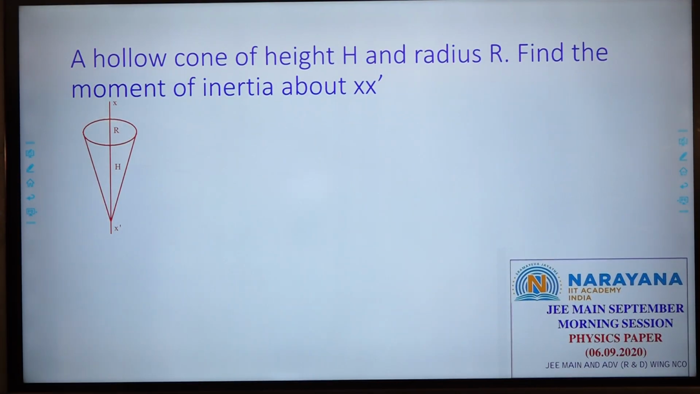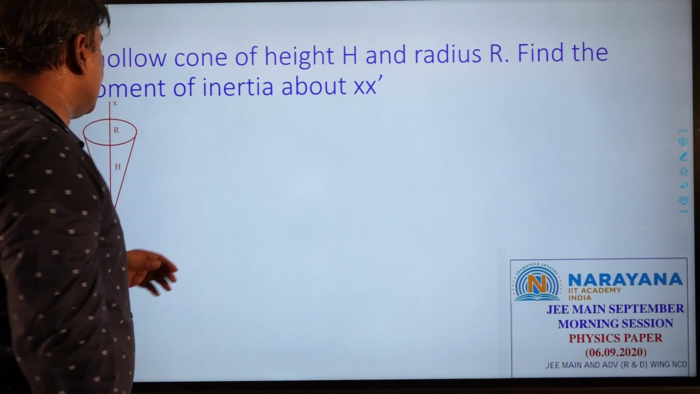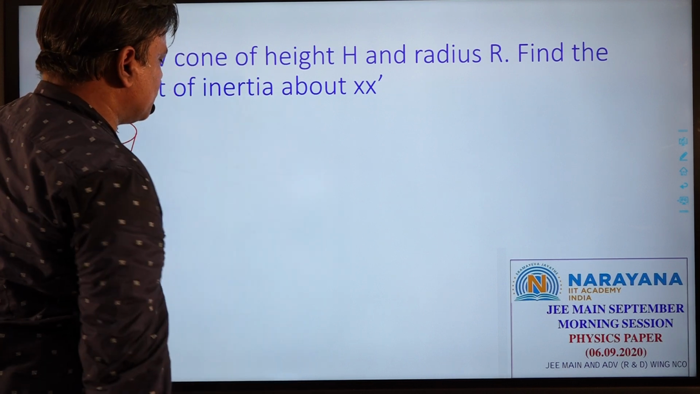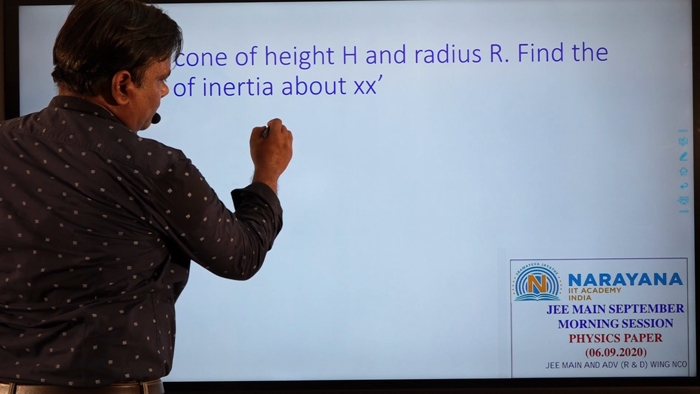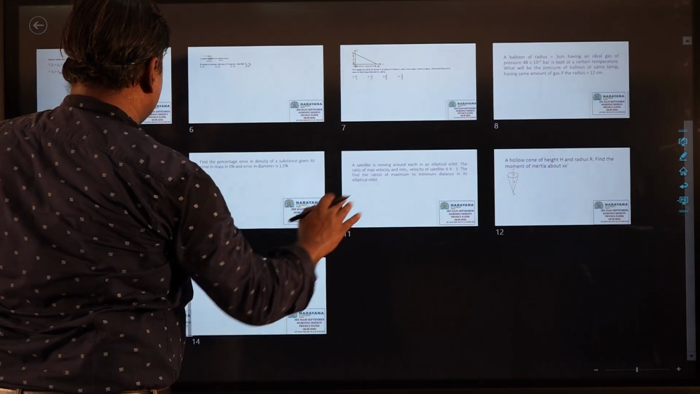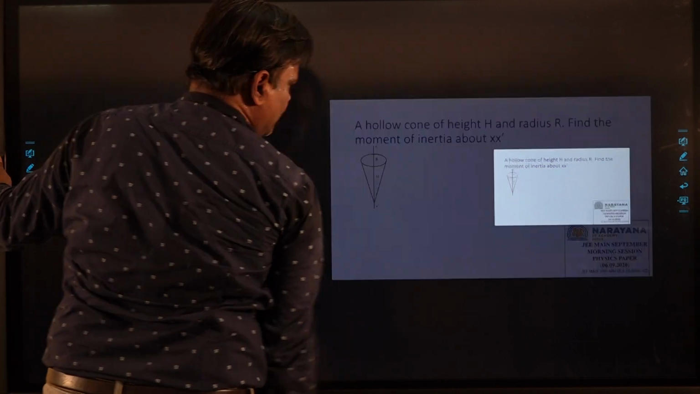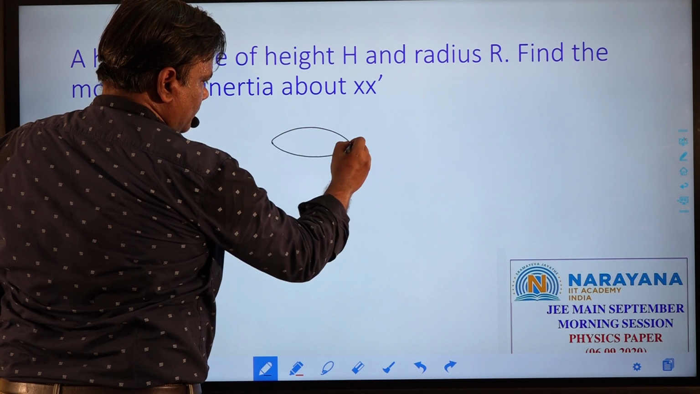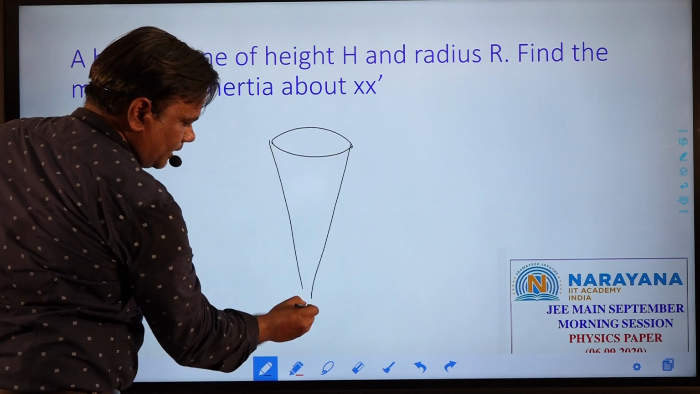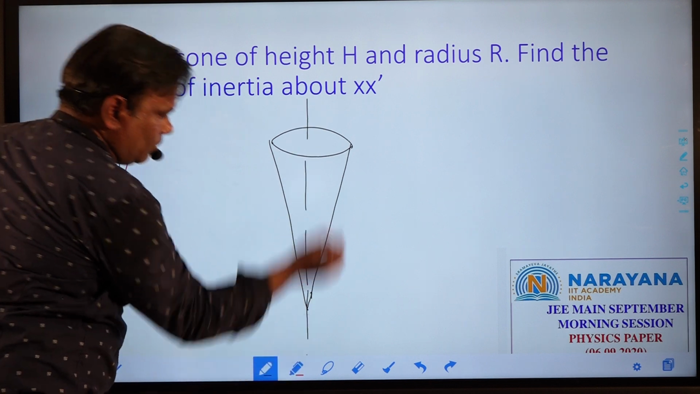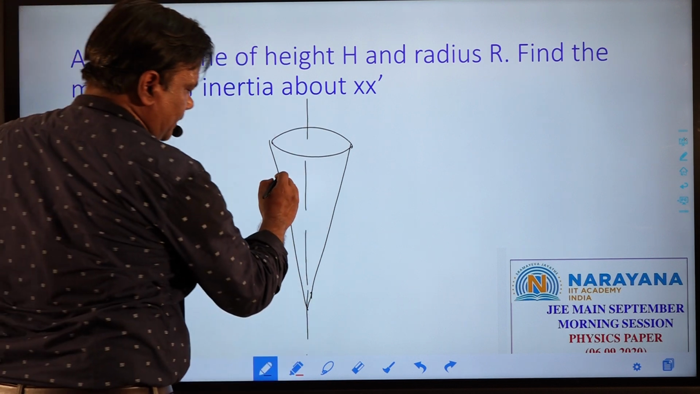Now there is a hollow cone of height h and radius r. Find the moment of inertia about x dash. Now you have to find the moment of inertia of a hollow cone about an axis, which you know very well from the basic concept, which is mr square by 2. Now suppose this is the hollow cone. We have to find the moment of inertia about this axis. So what you have to do is take it as a combination of rings